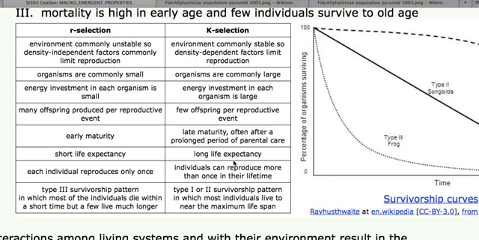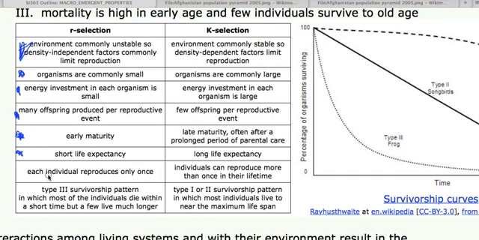R selection strategies generally run with animals that live in environments that are commonly pretty unstable. So what we got here is an unstable environment. The life forms are generally kind of small, so these are bugs and frogs and things. And the parents generally are producing offspring that are absolutely tiny. They're just laying eggs, and they're not having large babies at birth. And they're reproducing huge numbers of offspring that grow very fast, so they have a very early maturity. But they have a short life expectancy.